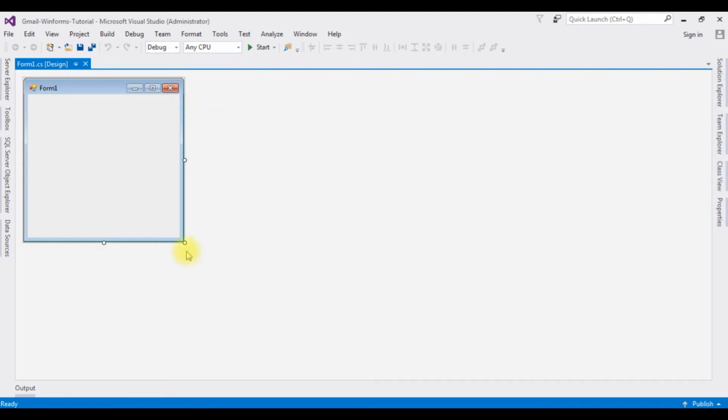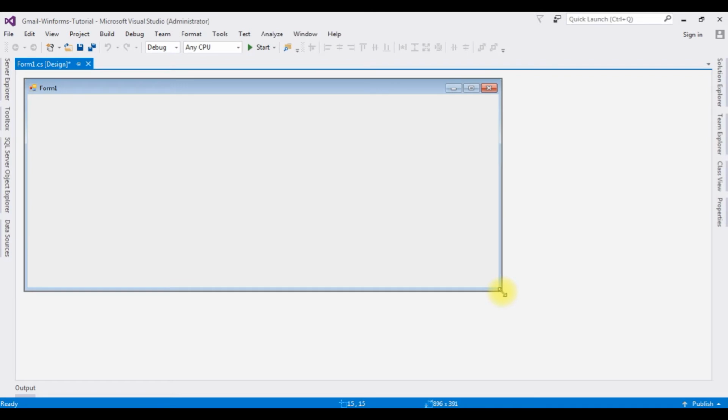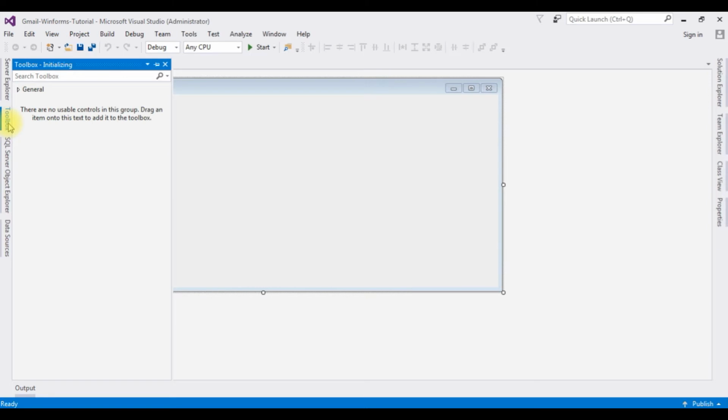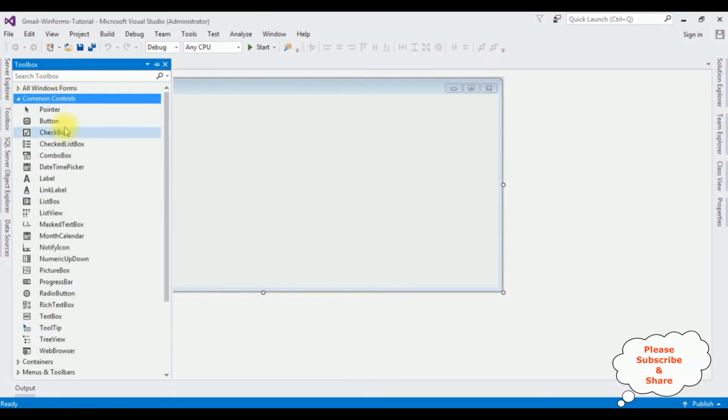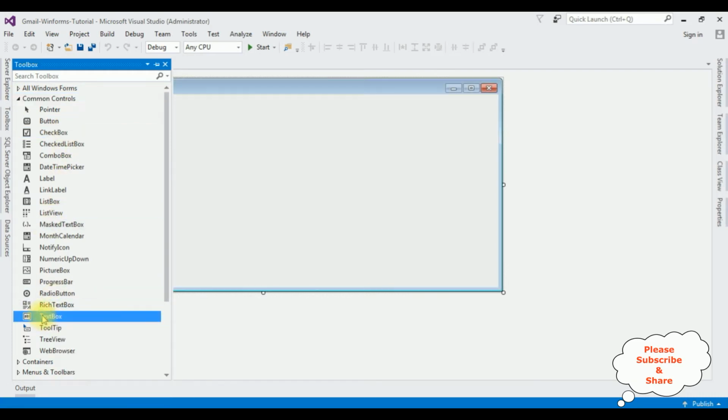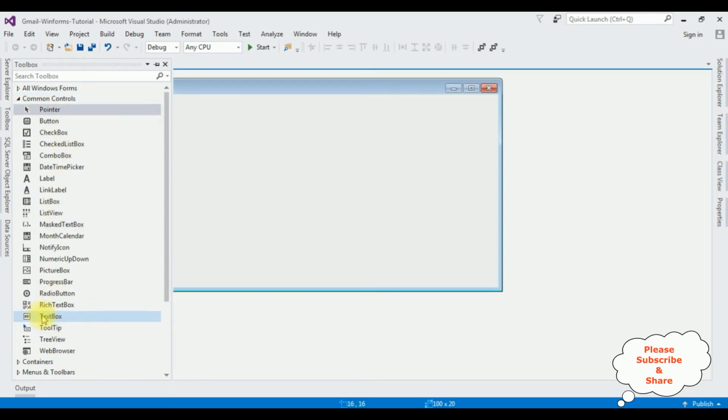Let me expand this form 1 window. Now in this form 1 page I am adding 4 controls. One is a to address, subject, body, and the last one I am adding button control to send the email, and also I am adding the label control to display the message the email has been sent successfully or not. Go to Toolbox. I'm expanding the common controls. I'm adding text box 1, 2, 3,